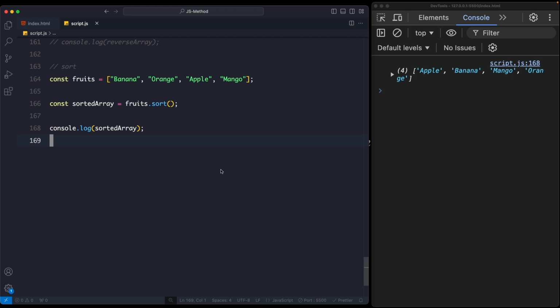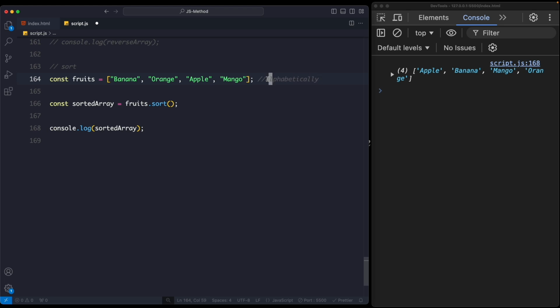You are right, but sometimes this works technically in a different way. Okay, so let me now explain the inner workings of the sort method. Here I have a very simple fruits array: banana, orange, apple, mango. When you apply the sort method on this fruits array, all of this data will be sorted alphabetically. So here I'm going to write a comment,